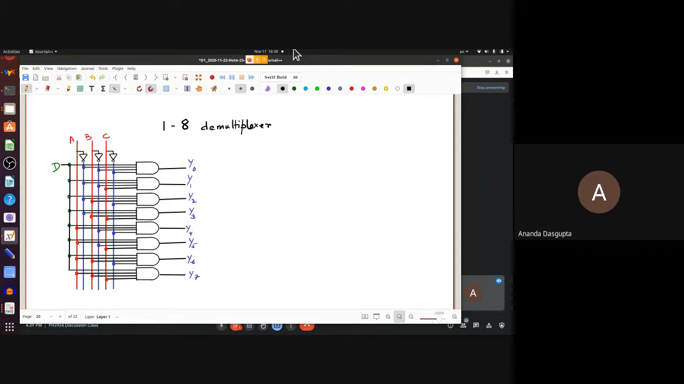So what does this really do? As I said, if you ignore the green line, this green bit here, the D and the connections to it,